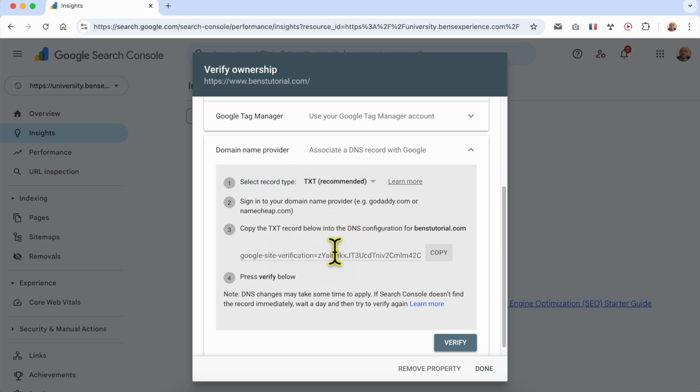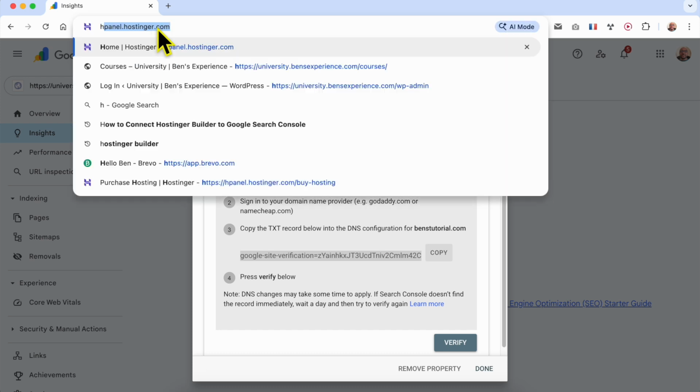And now you need to log in where your Hostinger website builder site domain name is registered and give them this TXT record or TXT value to let them know that you own this domain name. In my case, my domain name is also registered on Hostinger, so I will go to